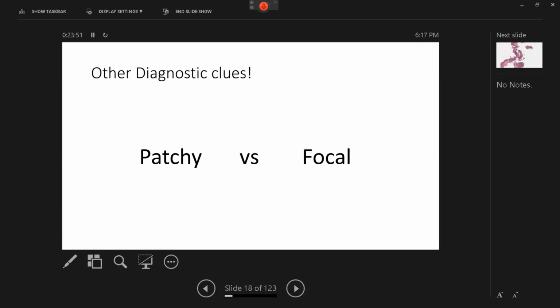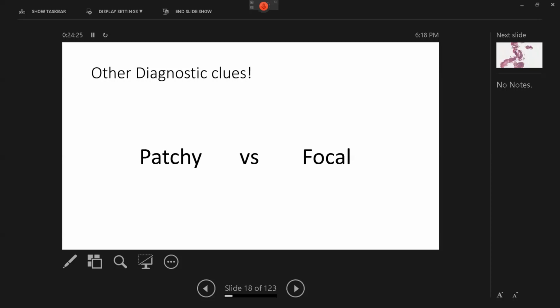You need to know when you will use that terminology in your report. Because it is like in renal pathology, when you use the word focal or diffuse, or when you use segmental and focal, they have completely different meanings. And here as well, in the biopsy world of GI pathology, they have a completely different meaning.